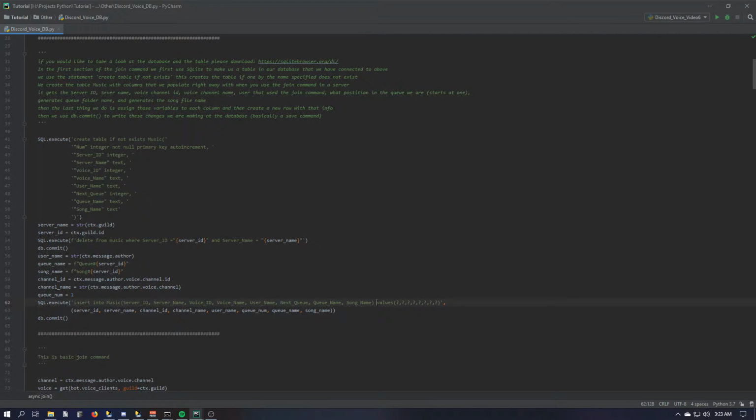So here we have values. So it's saying we need these columns. We're going to fill these columns with values, and we're going to use question marks, because we don't want